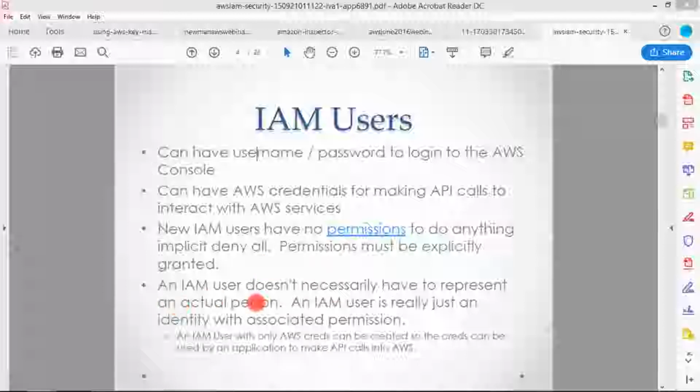And IAM users don't necessarily have to represent an actual person. An IAM user is really just an entity with associated permissions, right? IAM users with only AWS credentials can be created, so the credentials can be used by applications to make API calls into AWS. So the first thing is, in IAM we have created a number of users with a username and password, and you have a specific username as per you, and the username is mapped to a specific AWS ID at the same time, right? Once we go to the practical side in the next few classes,